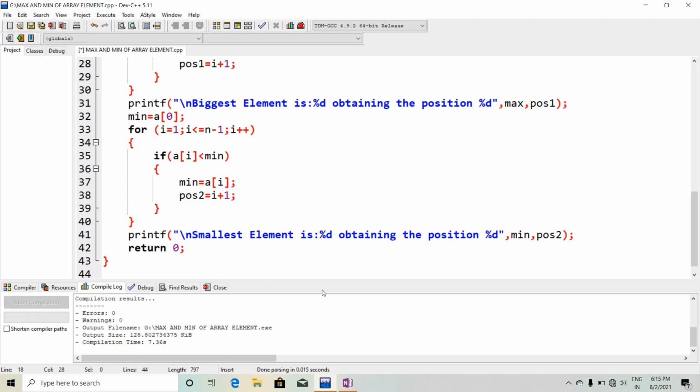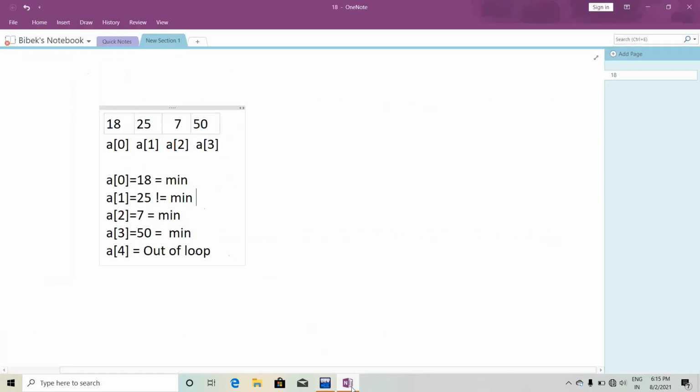Now I am going to discuss this with an example. Suppose this is an array and there are 4 elements: 18, 25, 7, 50. So this is a of 0, a of 1, a of 2, a of 3. Now I declare that a of 0 is min, that is 18 equal to min, that is our smallest number is 18.